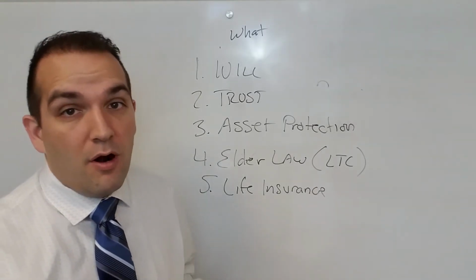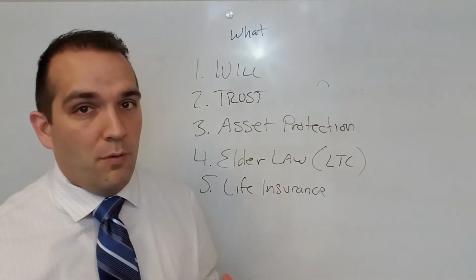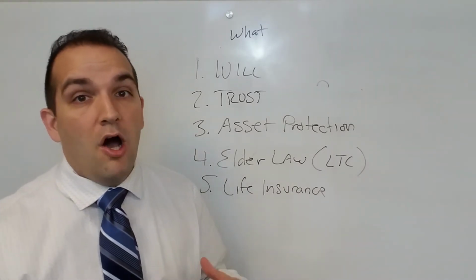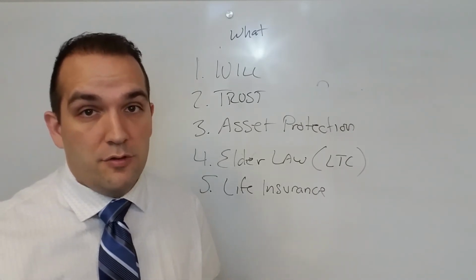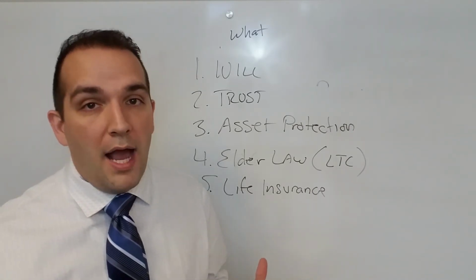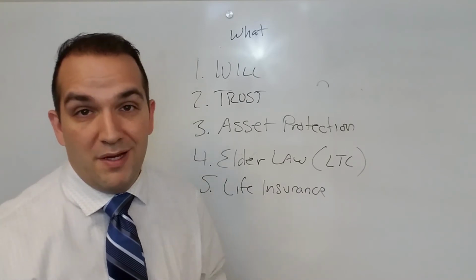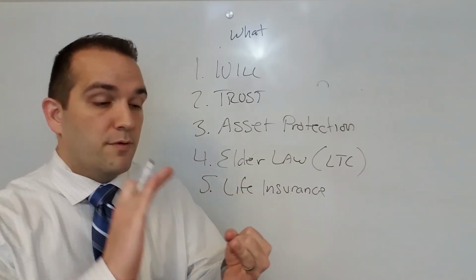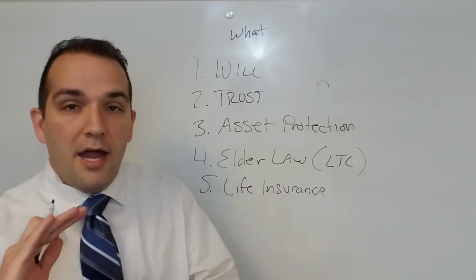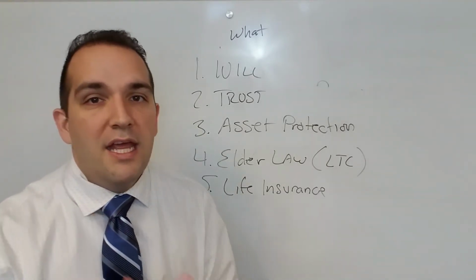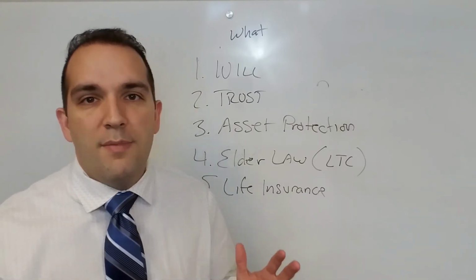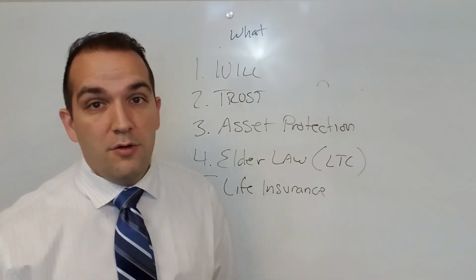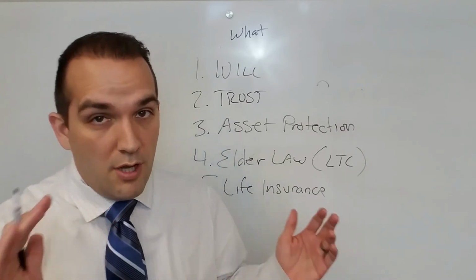Later on, I can show you some powerful ways where you can make a lot of money selling life insurance as an asset protection tool, and that will blow your mind. It is amazing what you can do because life insurance can be bankruptcy proof, creditor protected, protected from the IRS. It grows tax free, and you can take the money out tax free. There are all these magical things life insurance can do, but you have to learn the modified endowment contract rules. You have to understand a lot of things.